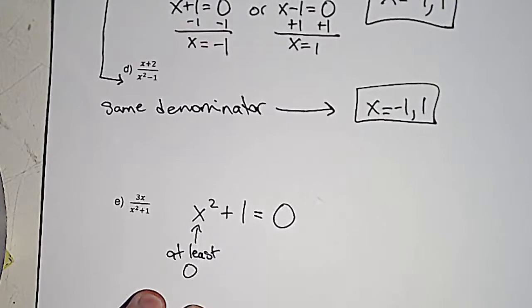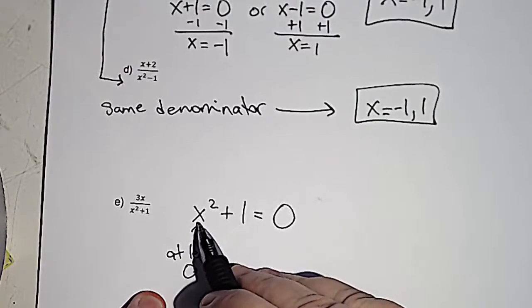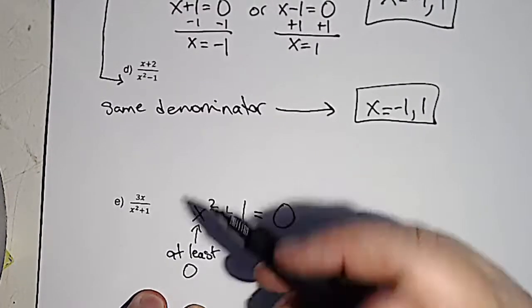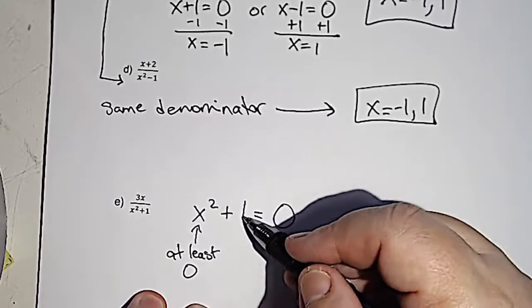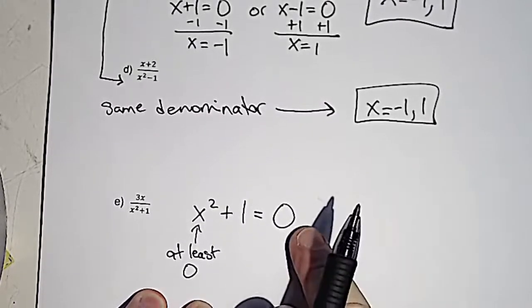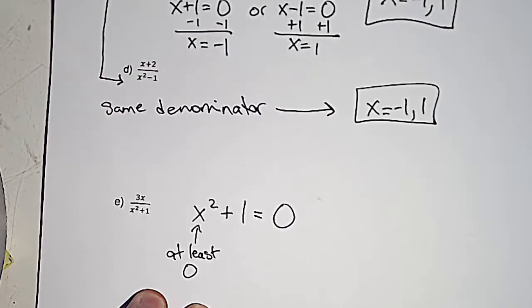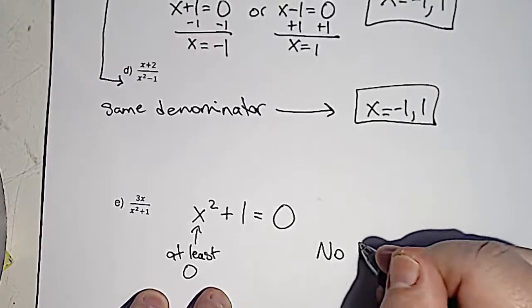But when x is anything other than 0, x squared is positive. If x is like 1 or 2, x squared is like 1 or 4. If x is negative, x squared is positive. So this part is going to start off at least 0, and then we're going to add 1. Can we get to 0 by adding 1 to something that's already at 0? And the answer is there's no solution here,